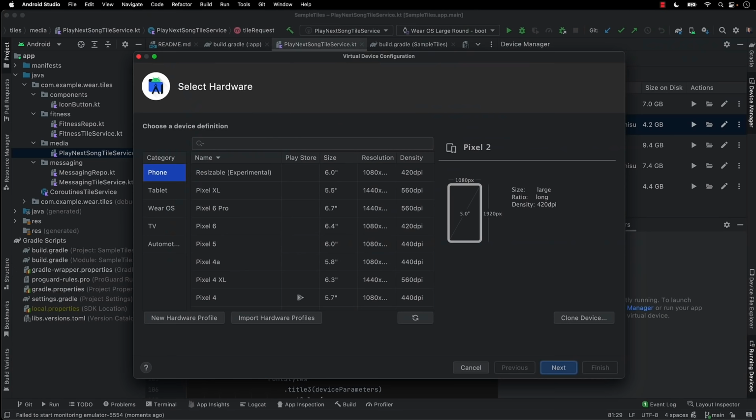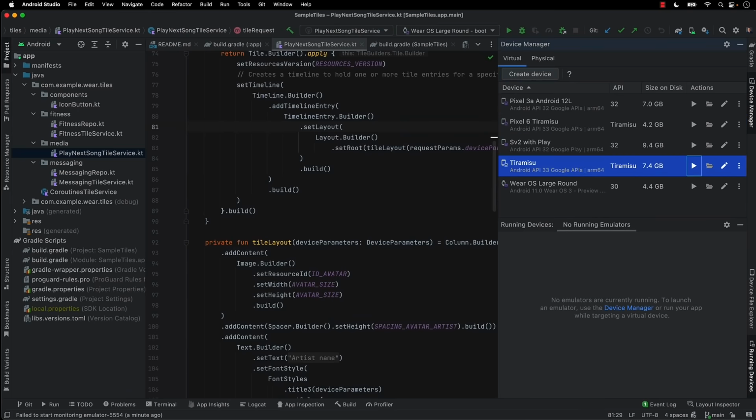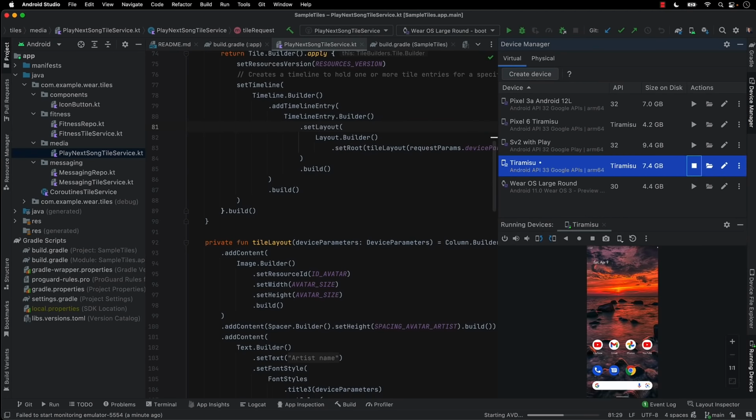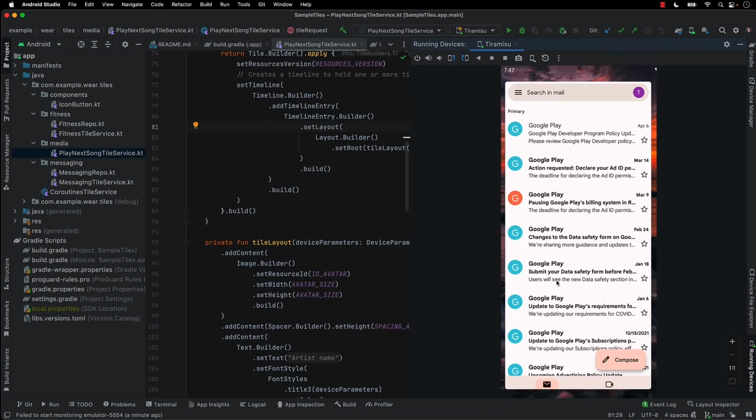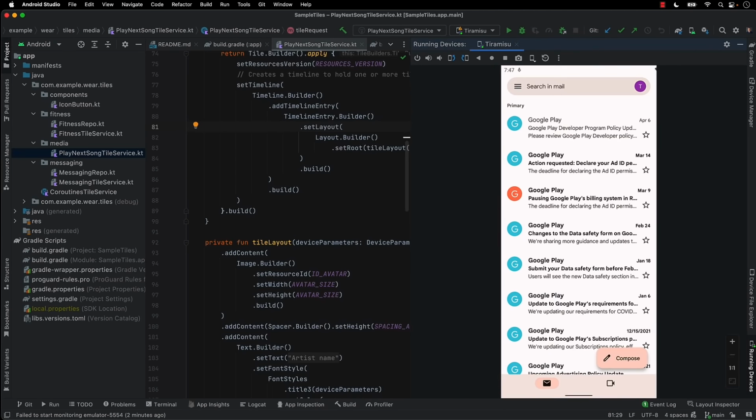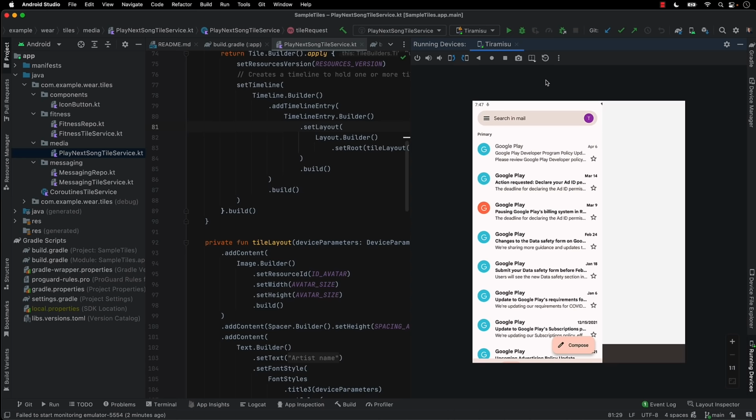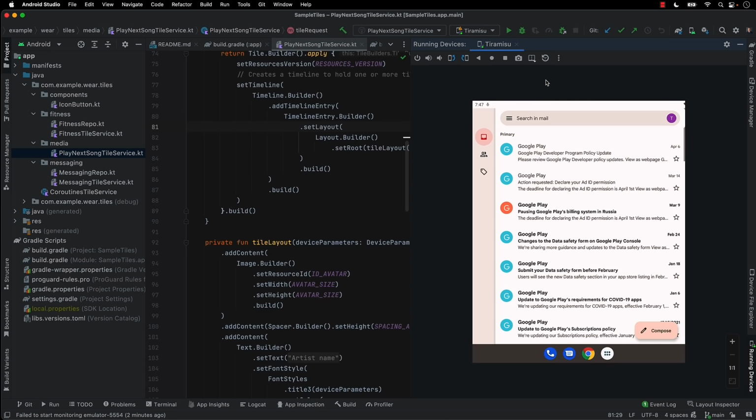We're trying to improve apps on large screen devices, and another major emulator feature to help with this is the resizable emulator. At first, this looks just like our normal emulator, but there's this magic toolbar button to switch screen sizes. So let's switch to what this would look like on a foldable. After a couple of seconds, we see the effect. And this is not just some simple trick where we just poke at the layout and force it to the new size. This is done at the Android OS level.